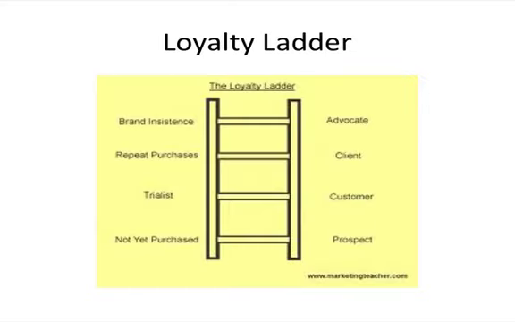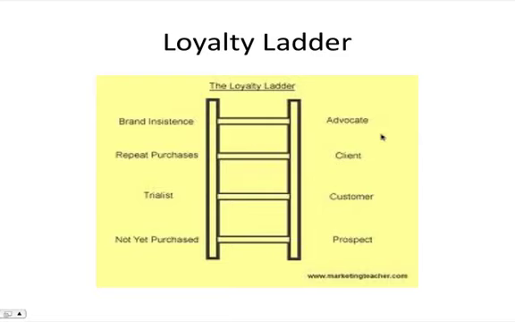Sorry, these pictures aren't very good, but I wanted to explain what I was talking about through images, so I went onto Google to see what I could find, but these aren't great pictures. But if you can read this, down here you've got your prospect, somebody who's not yet purchased. They then become a customer who's basically trialing out your service. The first time you sell something is only the first time. That's when they become a customer and they're just trialing you. They then become a client once they start making repeat purchases, and then they become an advocate when they're insisting how great your brand is to everybody else.